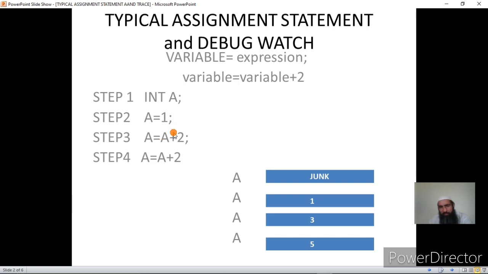First, as I told you, the RHS will be computed, and whatever answer you get in the RHS will be assigned to A. In order to compute the RHS, I should know the current value of A, and the current value of A is 1, because of the previous statement. So the current value of A is 1. Then 1 is added to 2, that becomes 3, and that value is stored in A.